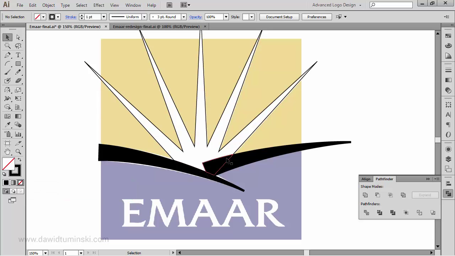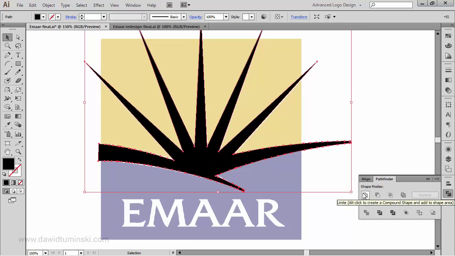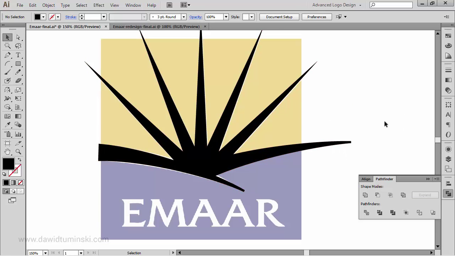And what I can do right now is, you can see that this is a group, but I think that it will be safe for us to simply hit the Unite button as well to create these rays shape like that. So really all that's left to do to finish this logo is to add the base of it and add the